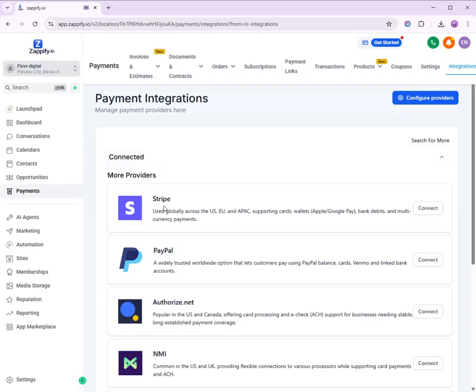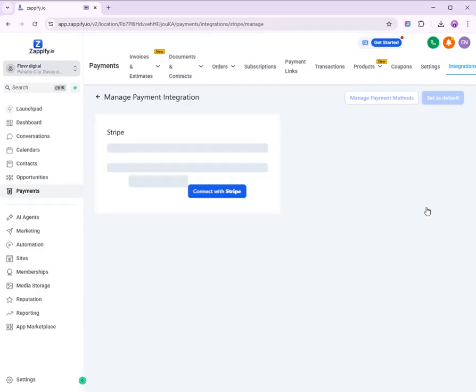So here's the Stripe. So connect with Stripe, click connect with Stripe.